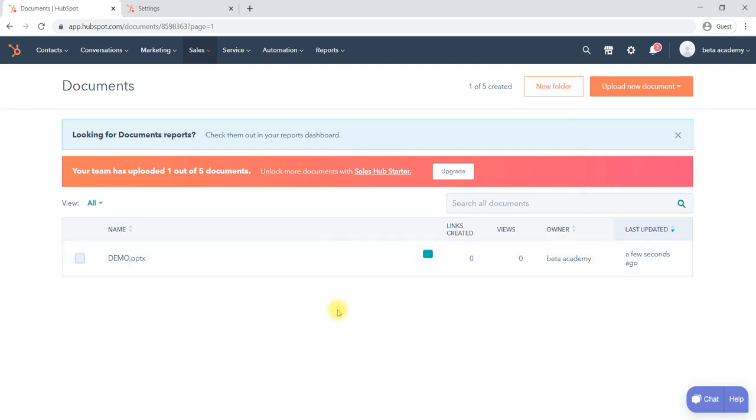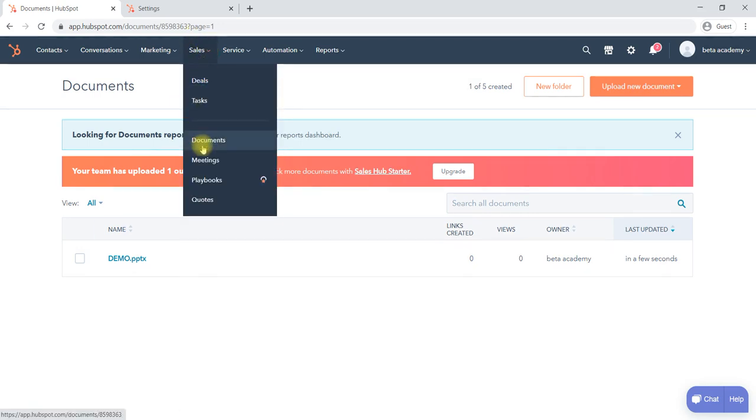These documents will be helpful. You can create documents like this. Always remember that a total of 5 documents can be uploaded in your HubSpot.